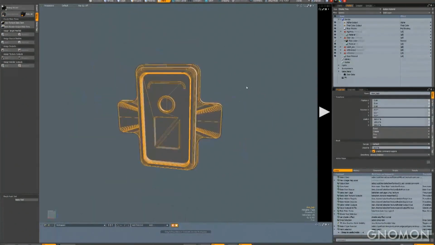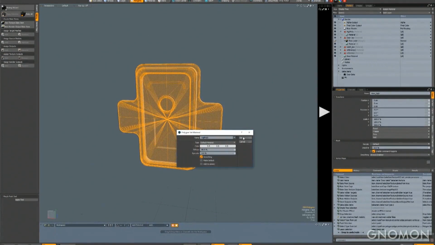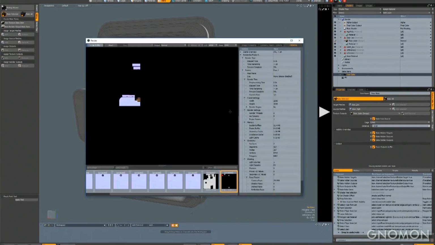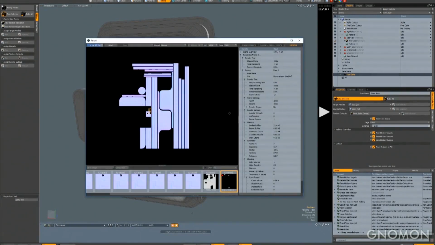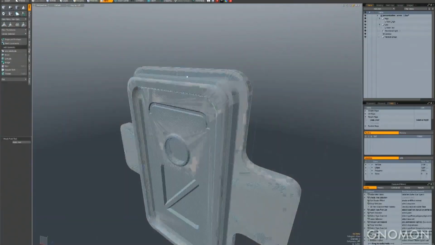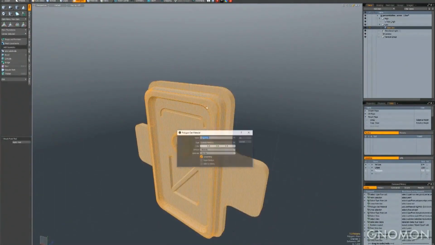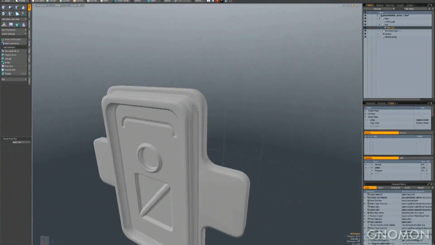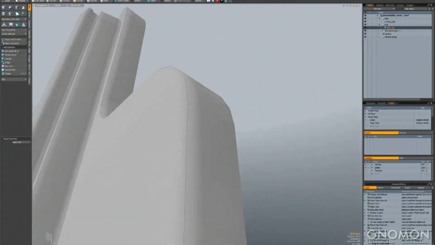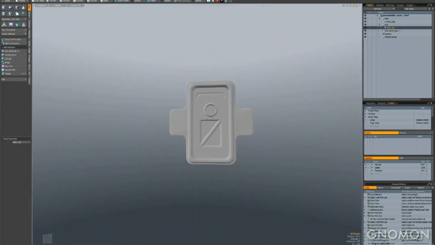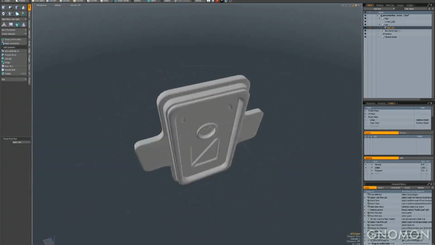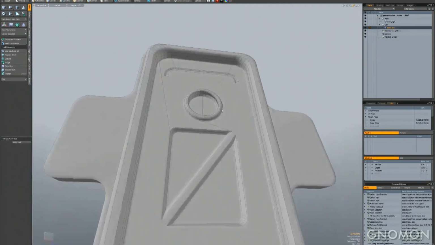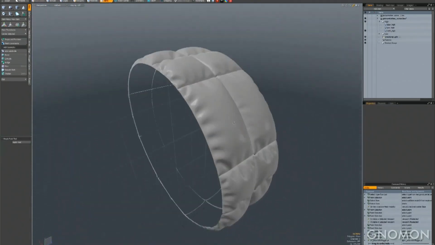Then we just run bake selected right there, after we make sure that we have our high poly material set on our high res, which has our rounded edge value. And that's it. Normal map, normal bake, just from that alone. So we'll come over here, hide the high poly, and assign the low poly material, and you can see it's got perfectly baked edges as if you had made a high poly mesh for this, except you didn't have to go through the trouble of figuring out topology and breaking that stuff all down to a low res mesh. It's a drastically underappreciated workflow that I think a lot more people need to embrace and know about.